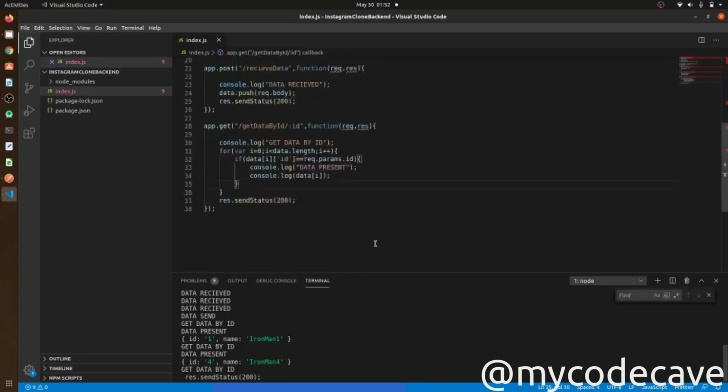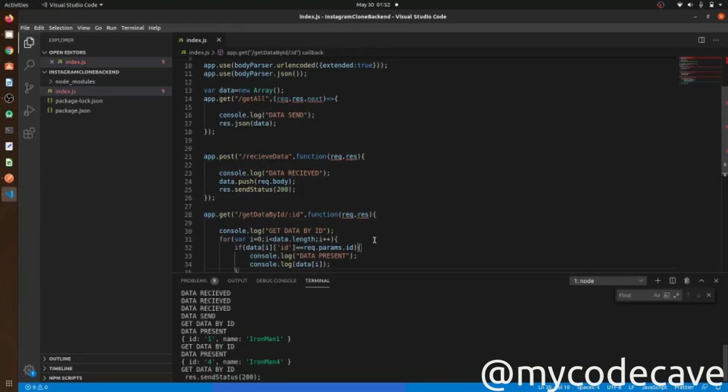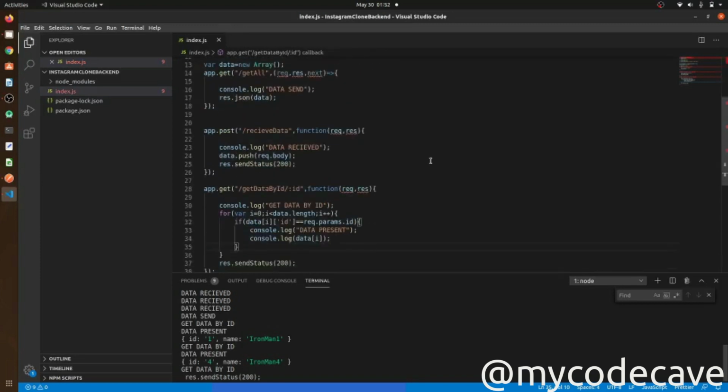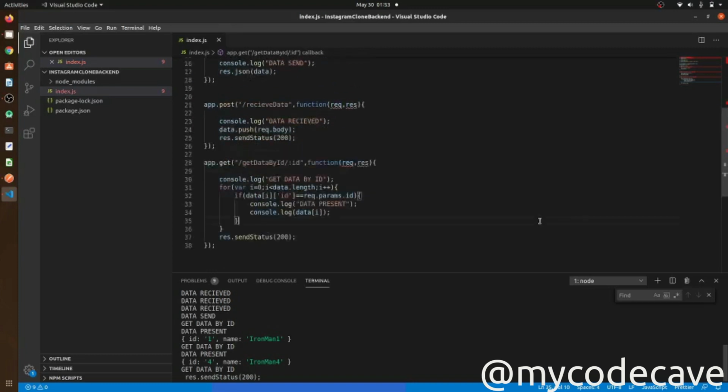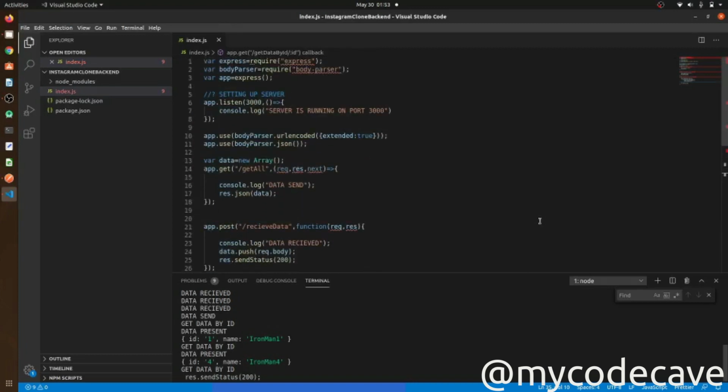So this is a way in which you can create a simple REST API in your application. But I'm going to show you another method for creating REST APIs, one of my favorite methods. This is the basic method that I know most of you have seen in school, college, or a blog that you have been following, but now I'm going to show one of my favorite methods for doing this.